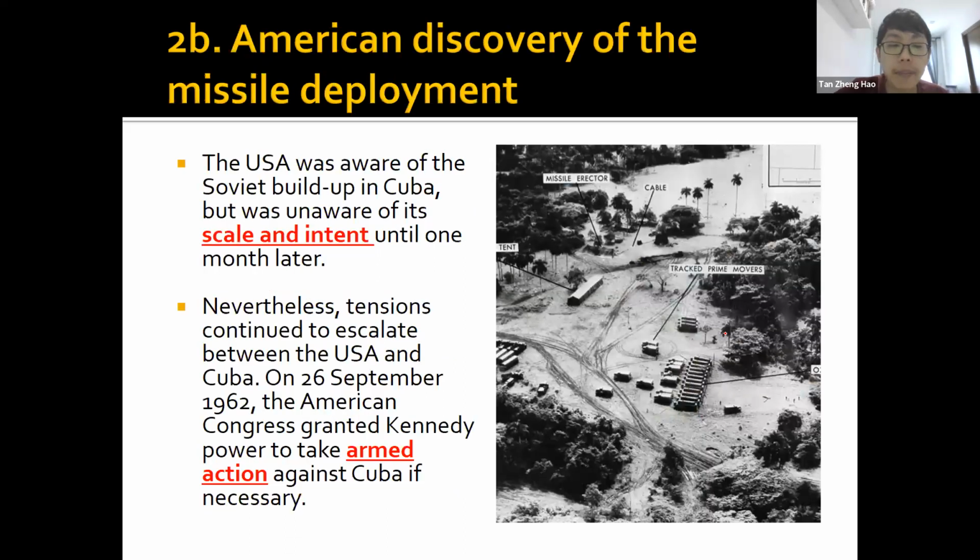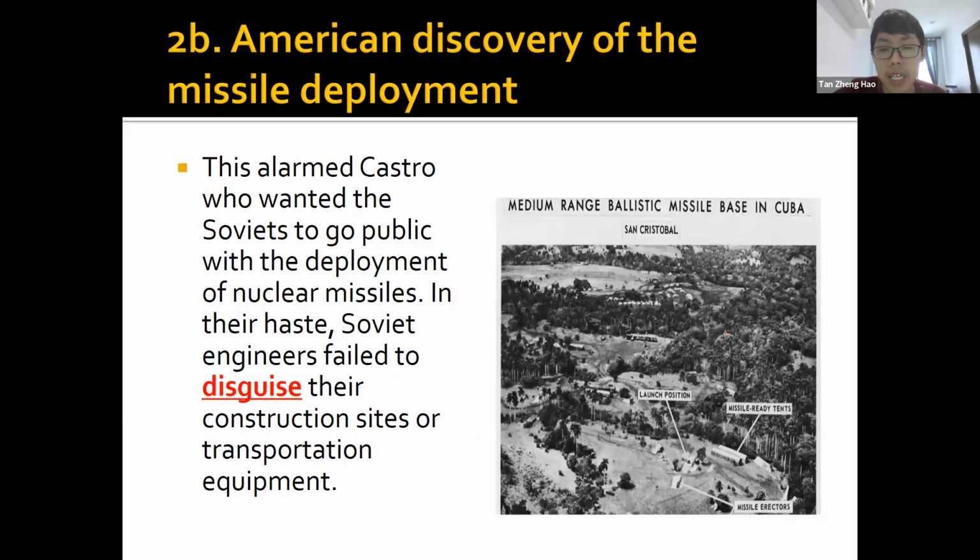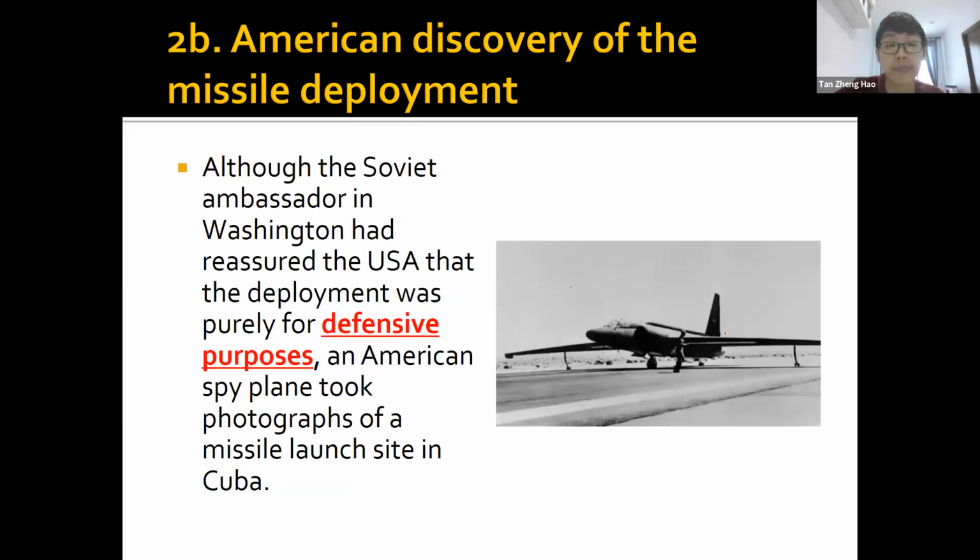Okay, and the US also knew that Cuba was really starting to become armed with nuclear missiles, because from all their photos, they could see things being set up that will allow Cuba to have a missile base. So these are all the evidence. Even though engineers tried to disguise it, eventually from all the photographic evidence, they were able to analyze that there were really efforts to set up a missile base in Cuba.